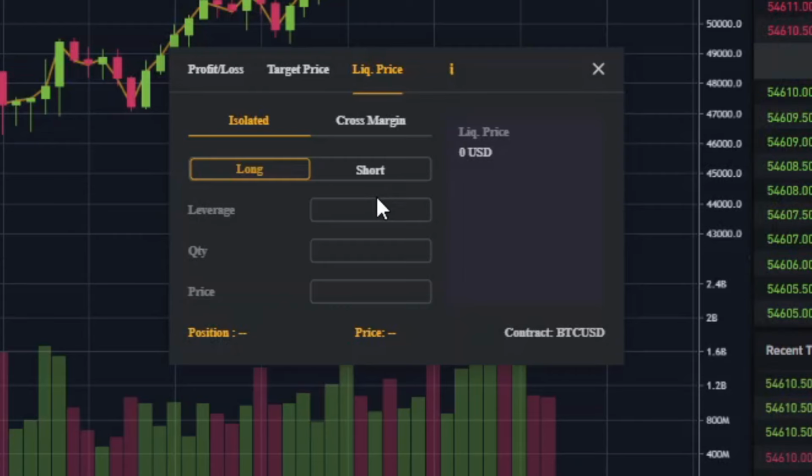The way you use this calculator, let's say for example we're on 10x leverage. You enter your leverage. Let's say you're buying $1,000 US, and we're on Bitcoin. We went back to Bitcoin here. With the price, we can see it's currently at around, let's just say 54,500. Let's say that's where we want to enter the trade. And then it will give you the liquidation price. You can see it's